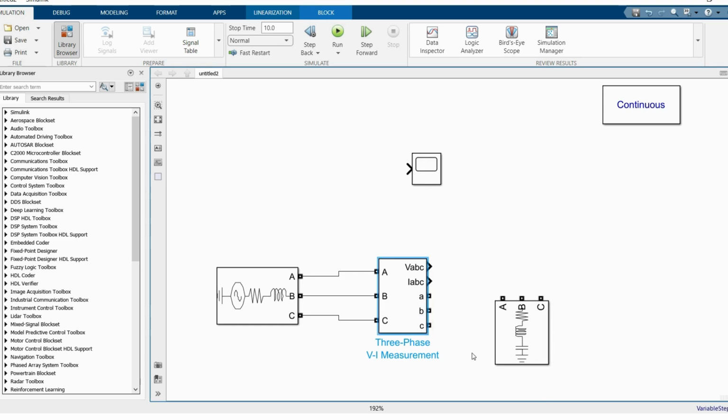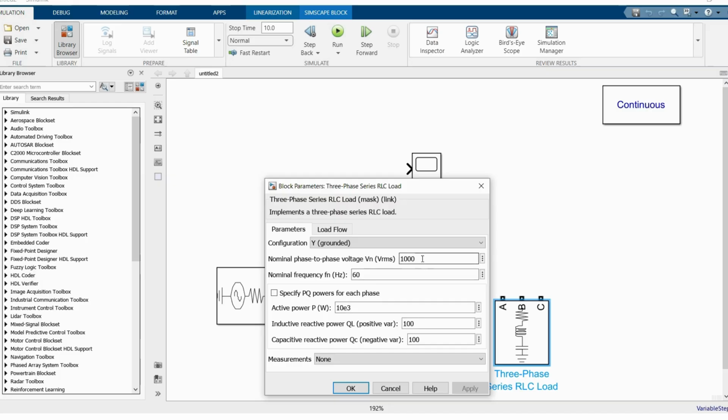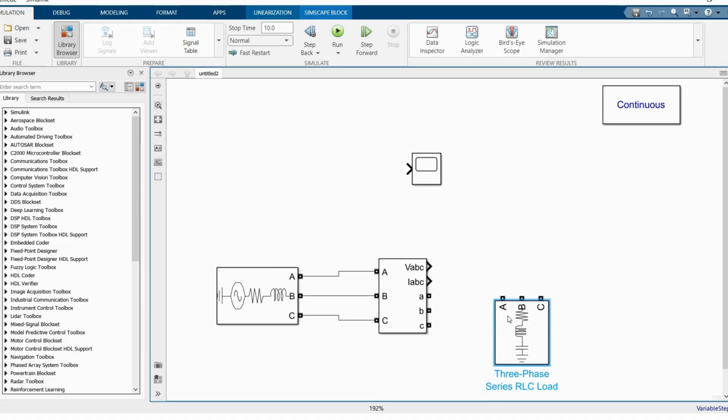Now click OK, and here in the RLC load you have to set the same voltage, 13.8e3 and frequency 60 Hz. Active power I'm taking as 10 megawatt, and reactive power like 2 megawatt. Now click OK. Now connect to the appropriate phases,